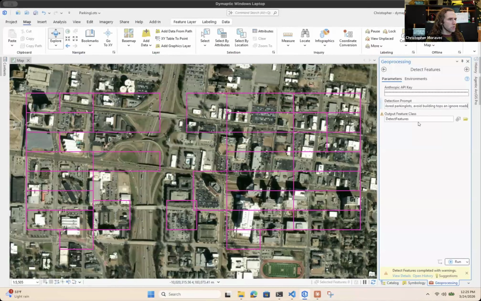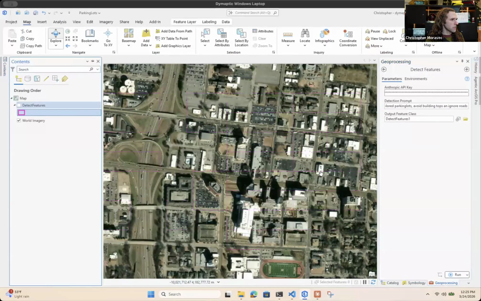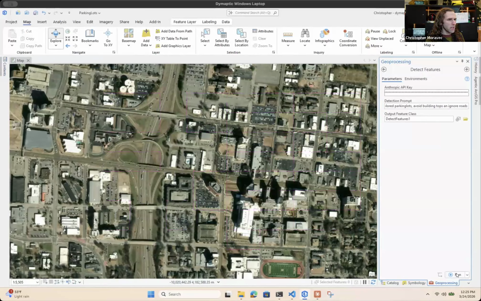Sure. Okay, so just for kicks, we're going to call that 1 so we can compare our results and turn that one off. We're going to run that again. So we're going to let that run. And so this